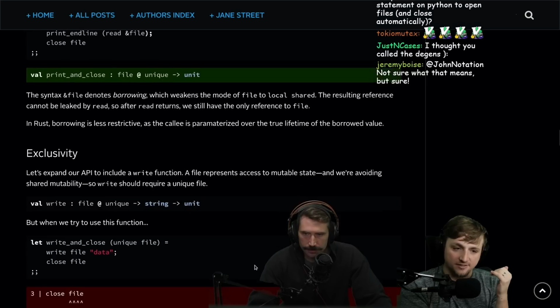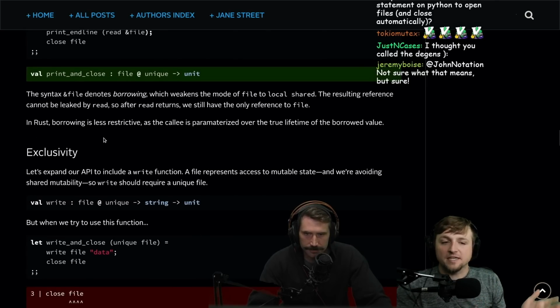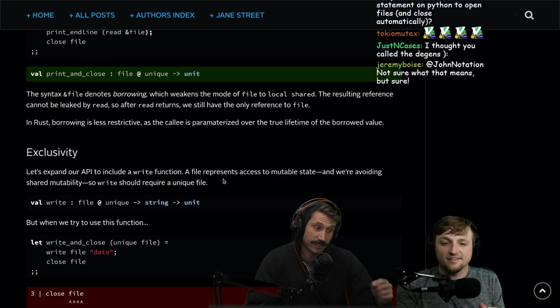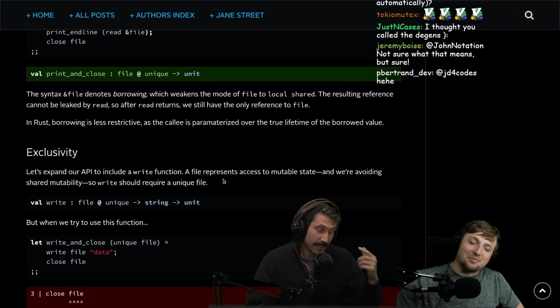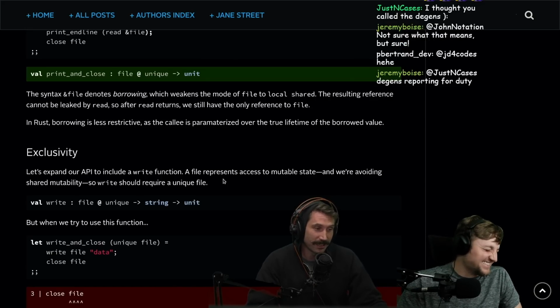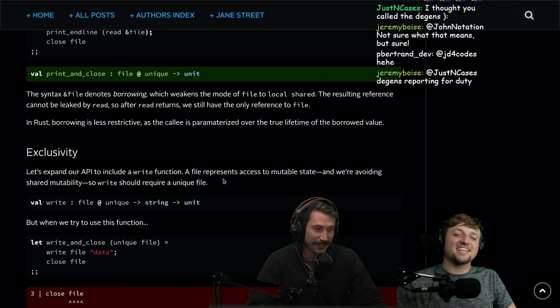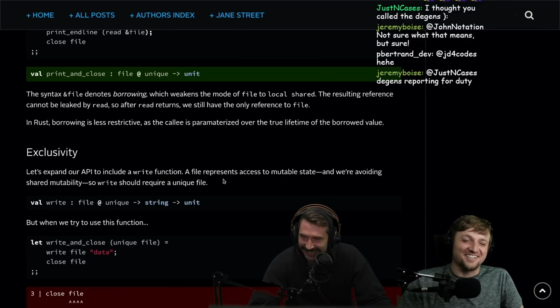That's the last sentence before we get to exclusivity, which is basically just saying like, I thought you said in Rust, that free-handedly, and I was like, TJ, you sound extremely smart when you talk like that. Yeah, no big deal. You sound like an academic blog article when you speak like that. I sound like I write Haskell in my free time.